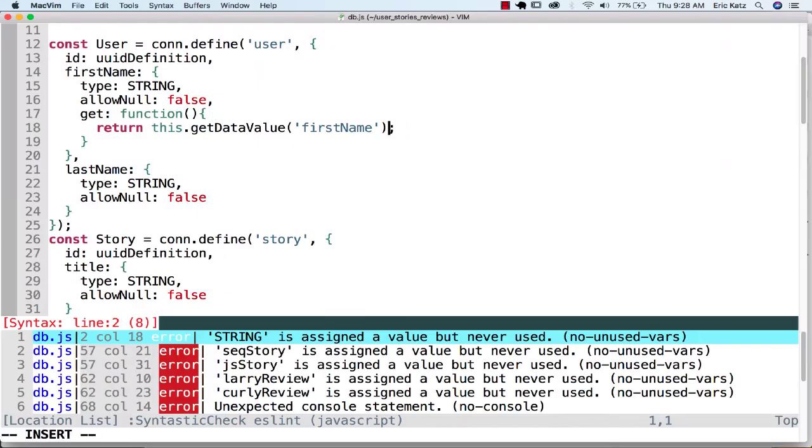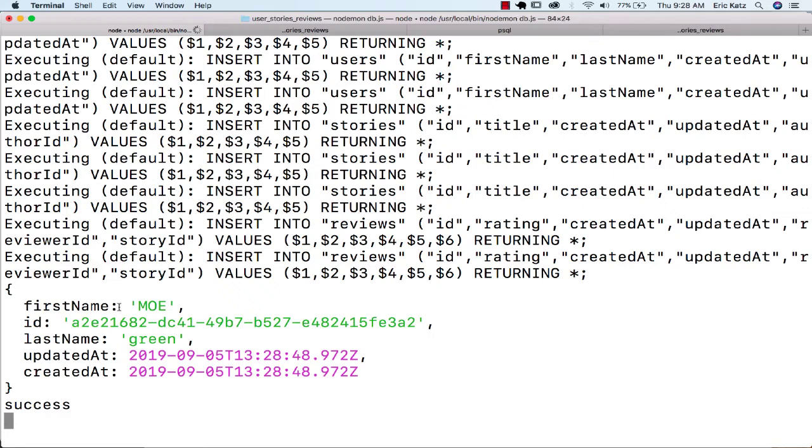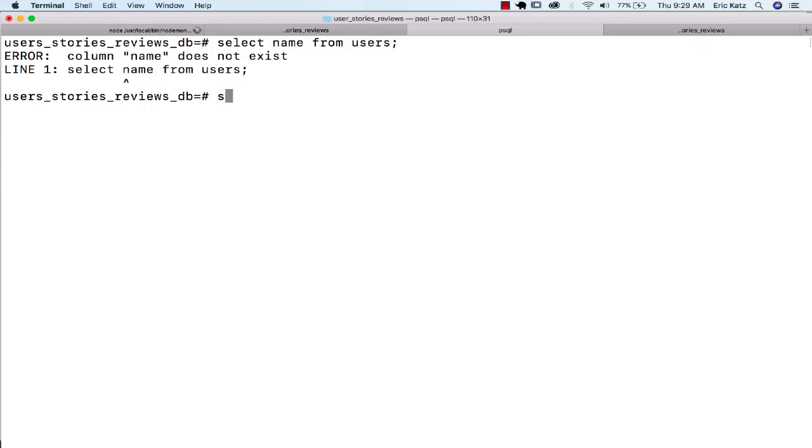But I could go over here and take the data value and say, I don't care how I store it in the database. Could be uppercase, could be lowercase. But when I end up grabbing it out of there, I want to end up seeing it in uppercase. Again, I'm not saying this is the most useful way to do this, but just to prove that this is working, if I go over here and say select first name, and again, I'm going to have to put these in quotes, from users,